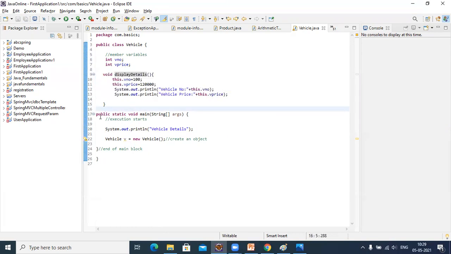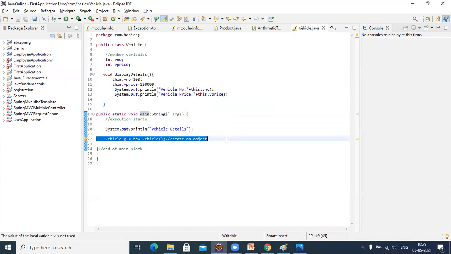How to display? I have to start from the main method because in Java, program execution starts from the main method. So JVM will look for the main method. In main, what you have written is vehicle details. And after that, what you have given?